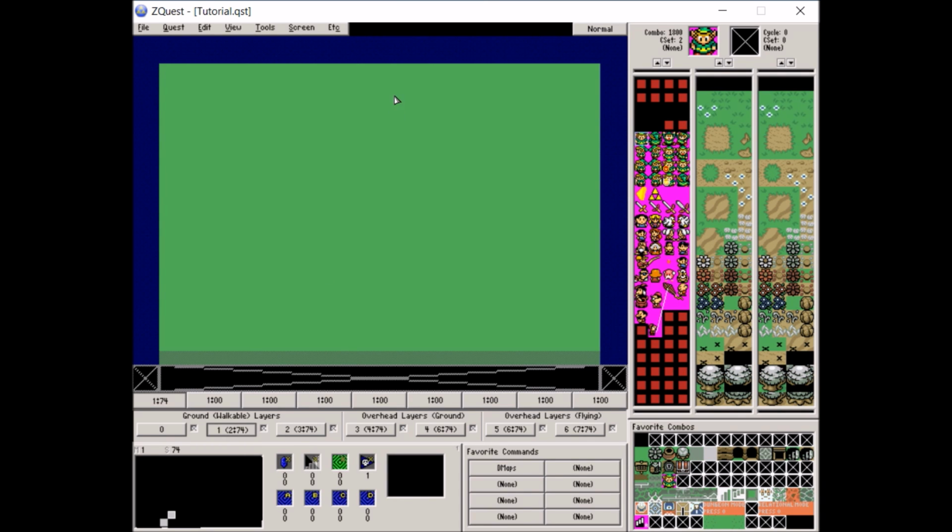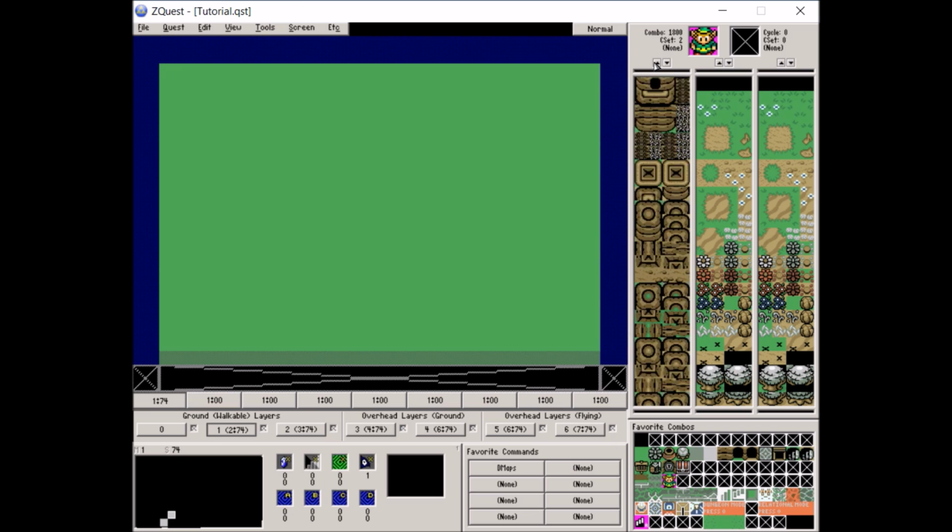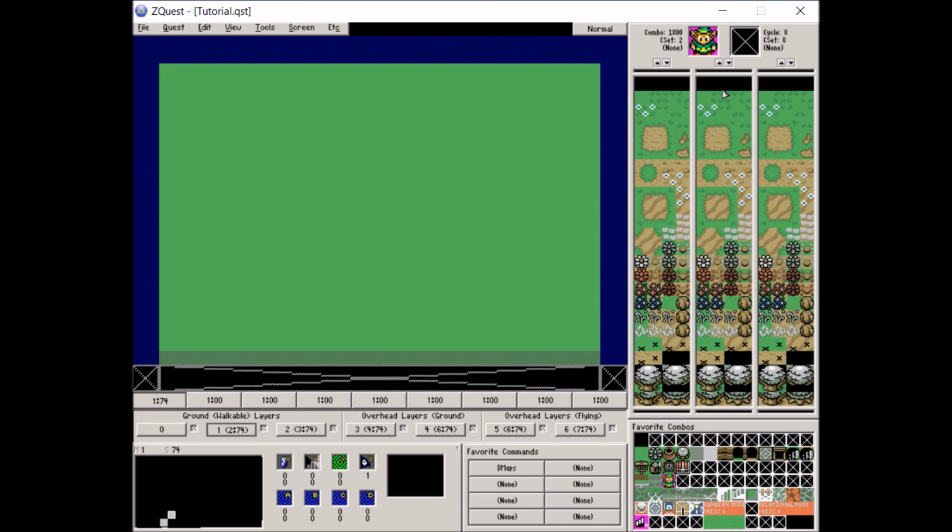Look, it's a link. Here we go. You got a link. You didn't have to scroll all the way to combo 1,800, which probably actually would not have taken too long, seeing how... yeah, that didn't take long at all. But some tile sets have the dungeon tiles very far down. Anyway,